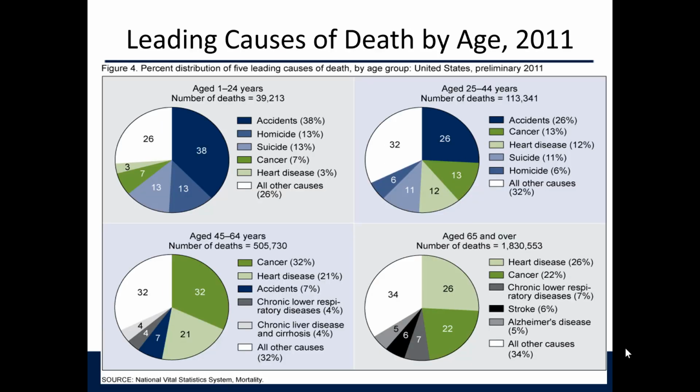Okay. And this kind of just breaks down those leading causes of death by age. The things that are affecting people at different stages from cradle to grave do differ. So you can see that, for example, for age 1 to 24, accidents is the largest chunk. When you look at our older aged Americans, age 65 and older, accidents doesn't even make the list. So take some time to review these and kind of think of what the implications are for this.